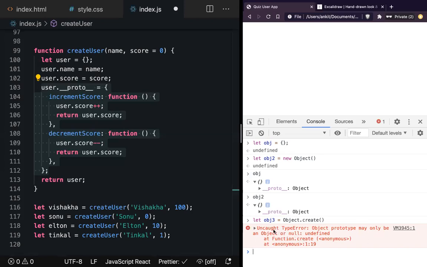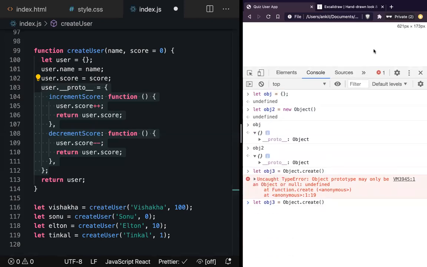It is a type error, saying object prototype may only be an object or null. Let me expand it so you can see it properly. Object.create accepts an object or null. What if I pass null here? Now it is not complaining.